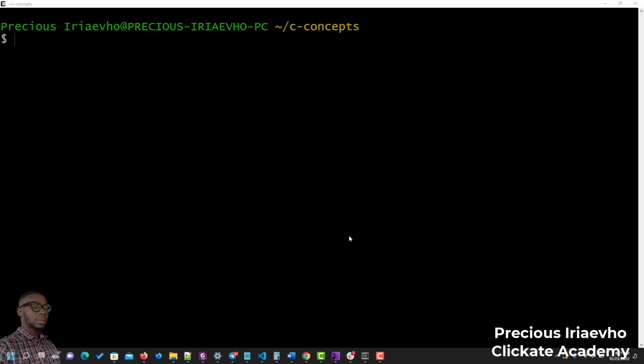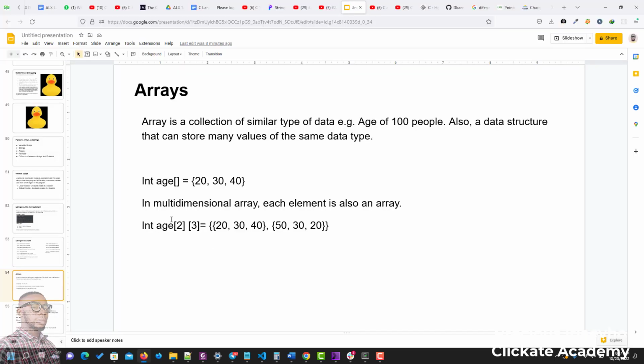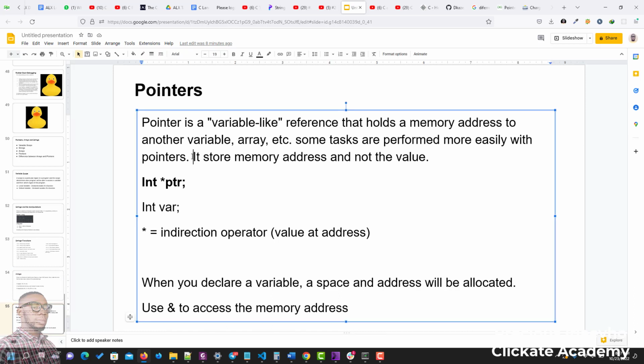So guys, we want to talk about pointers now. You may have come across it, but basically it's a simple concept that is a bit difficult for people to grasp. So a pointer is a variable-like reference that holds a memory address to another variable or array. And as you would see, some tasks are better performed easily using pointers because it stores the memory address and